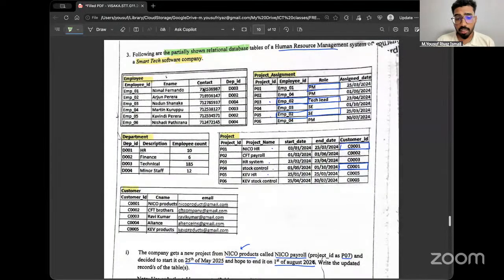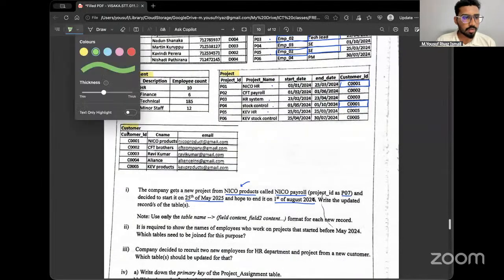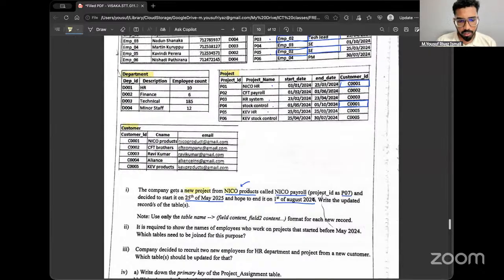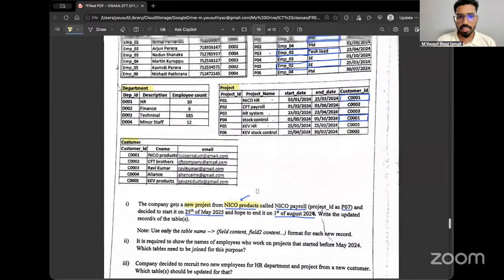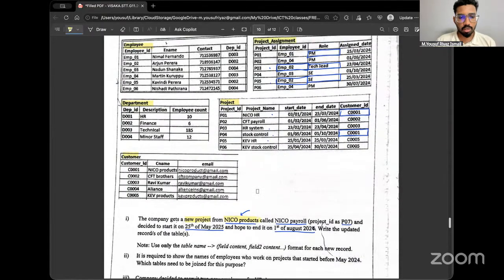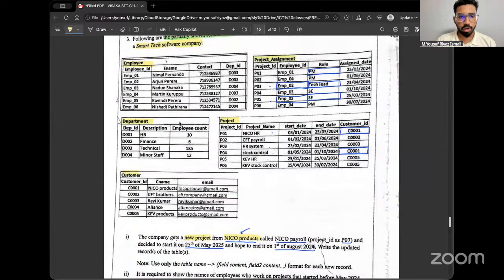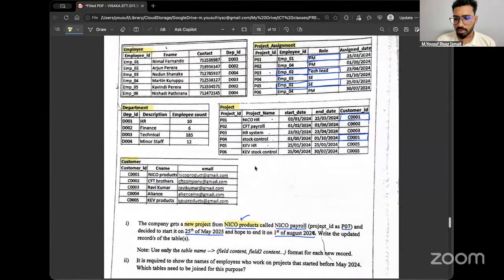Anyways, first of all, make sure you understand the details each table has, because without doing that, it's difficult to handle the question. Now, again, let's come to the first question. The company gets a new project. Okay, we have got a new project from Nico Products. Now, who is Nico Product? Is he an employee, or is he a customer, or is it a project name, or what is that actually? By now, going through the tables, we've got a rough idea, right? Nico Product is what? He's our